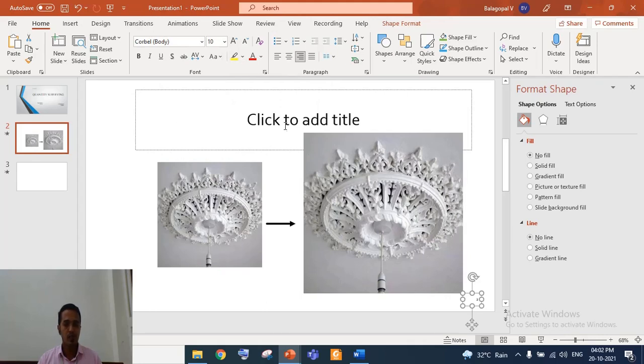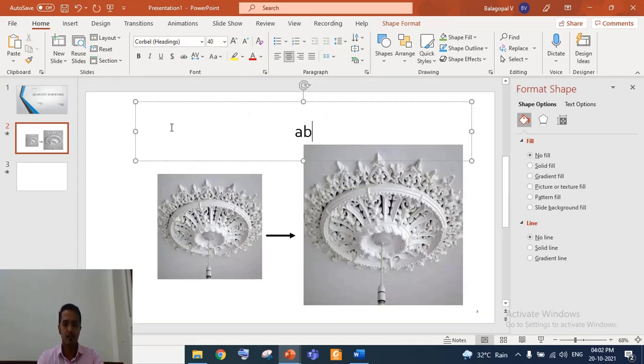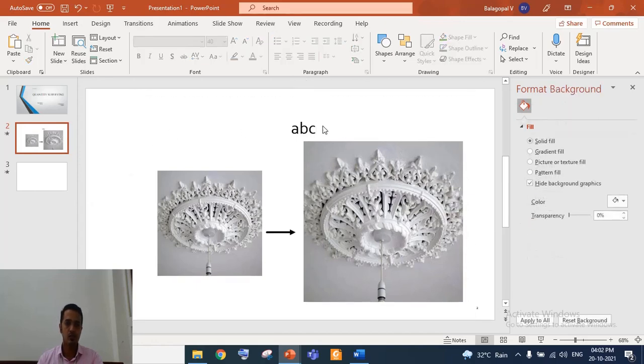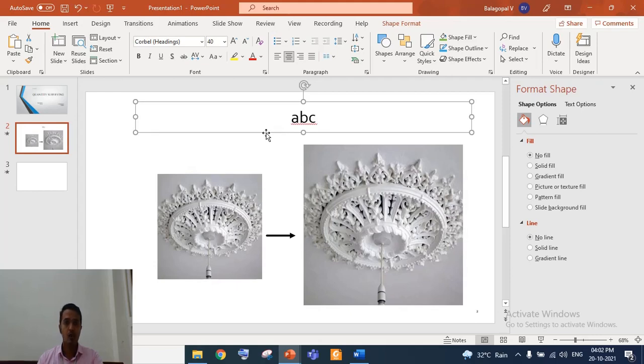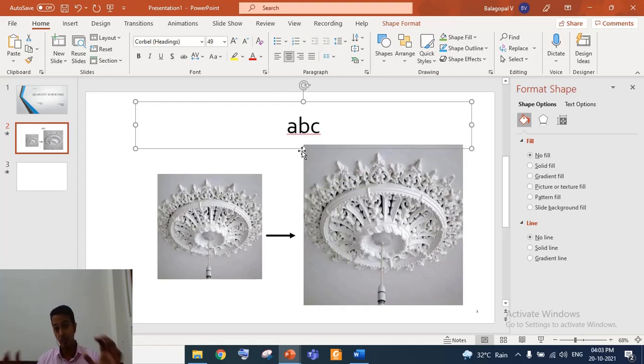Suppose you type ABC here and want to increase the size, what will you do? You can simply select the box and select this option. This is the option to increase the font size. So simply clicking will increase the size, provided you have enough space within the box. If the box is very small, there will not be enough width for these letters to increase the size. If there is enough space within this box,